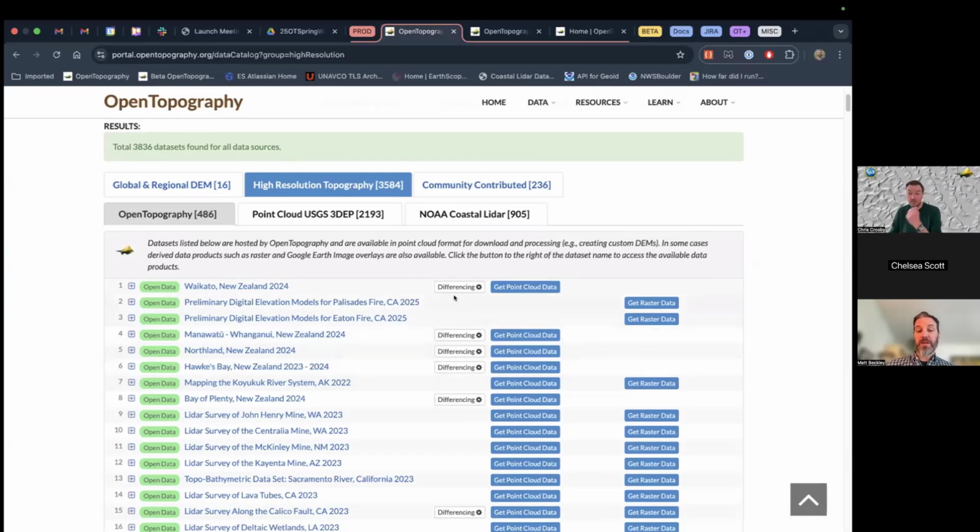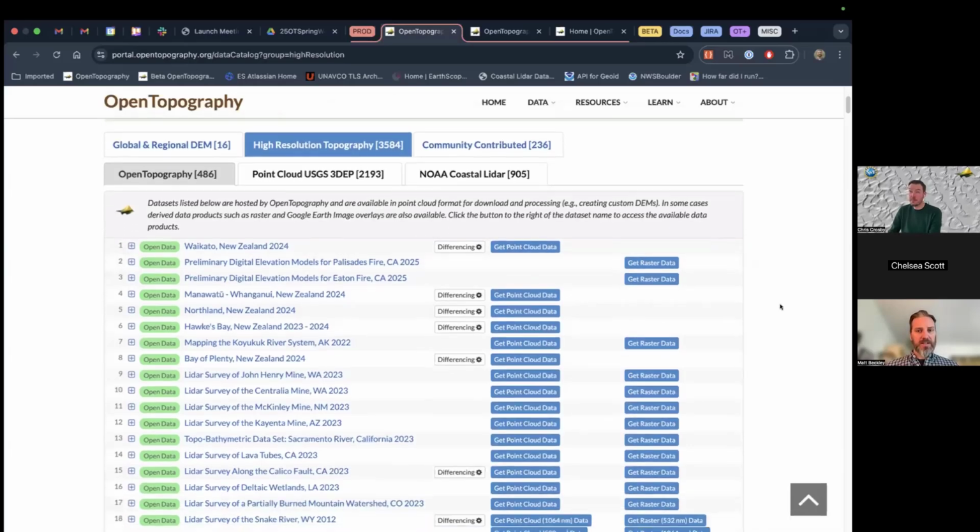The differencing button is a result of us having more and more data sets. And so we're getting data sets that overlap. And so now we're getting to the point where we could start doing differencing operations. And as Chris mentioned, Chelsea and Cassie will dedicate a whole webinar, the last webinar of the series, to differencing and how to work with the differencing tool.